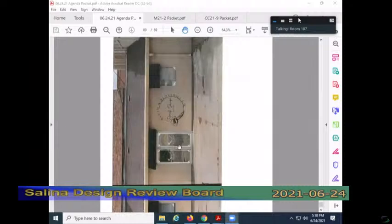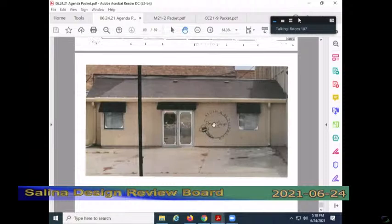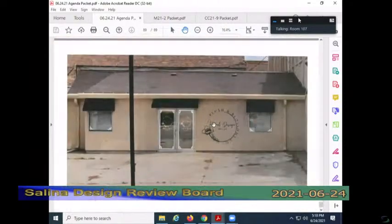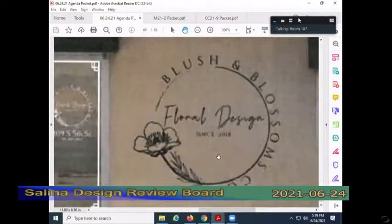If you're familiar with what I still call the Jack Schwartz Building, even though Jack is no longer with us, he had that as his financial services office, and it has a one-story addition that was used for office space and conference room, and that has now been purchased by Wells Investments, and they have leased this space out to Bloom and Blossom. Cassie Strait has come up with this design for what could almost be referred to more as a mural than a wall sign, but it's going to be applied through the use of heat, and as a result, would be sealed, but could easily be removed if necessary,